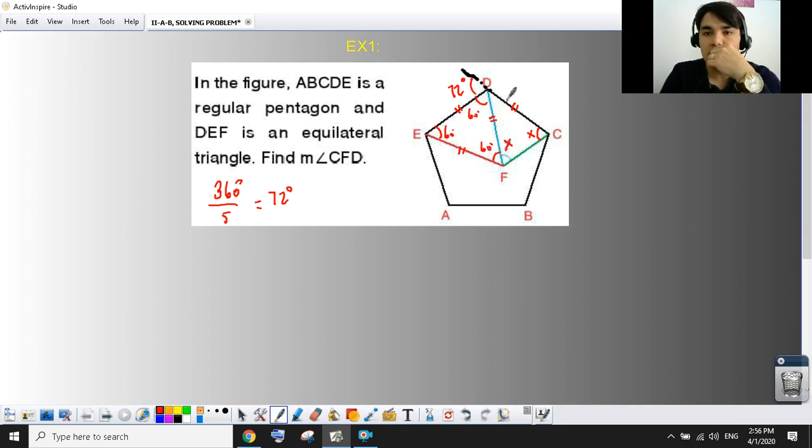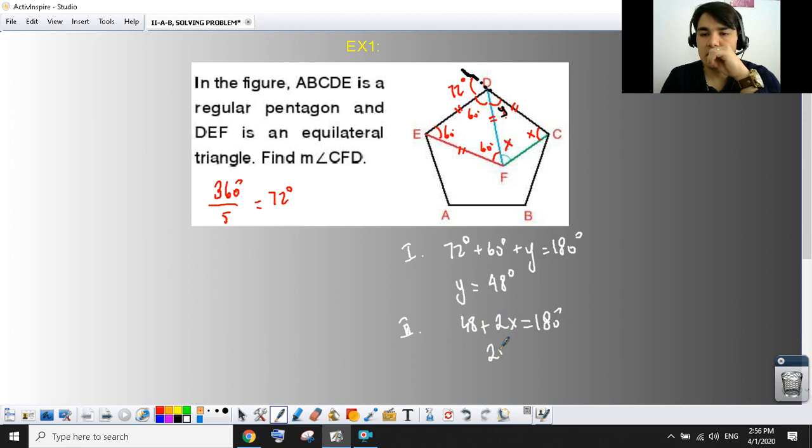Okay, so this is a straight angle. This is a straight angle. If this is a straight angle, what is the measure of this angle? Let me call it y. So first, I will write 72 plus 60 degrees plus y is equal to a straight angle, which is 180. So the angle y will be 48 degrees, right? Yeah, it's going to be 48. So if it is 48 for the second triangle DFC, the sum of the interior measures will be 180 degrees. So we write 48 plus 2x is equal to 180 degrees, right? 2x is equal to 132 degrees. So from here we will get x equal to 66 degrees. Okay,